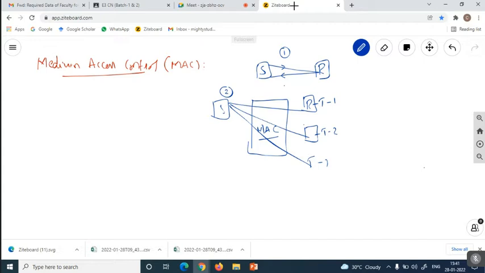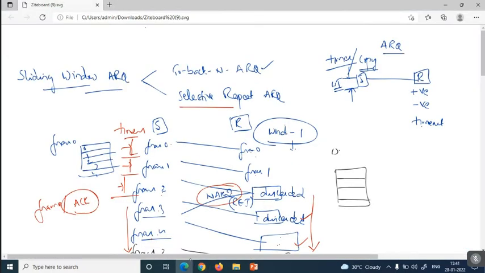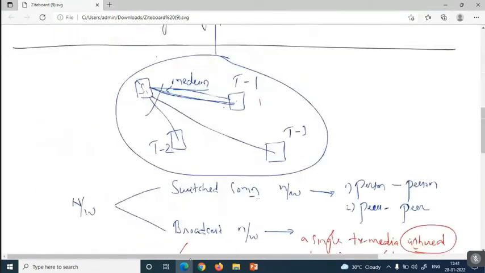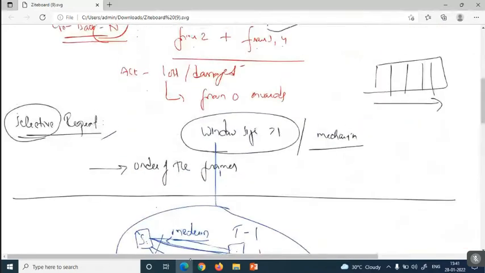We have already started the discussion of this MAC. That is, the destination is selected based on centralized networking and distributed networking. I will open the previous class, where we discussed that.